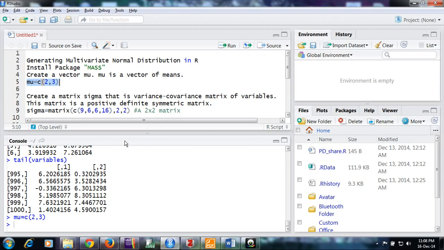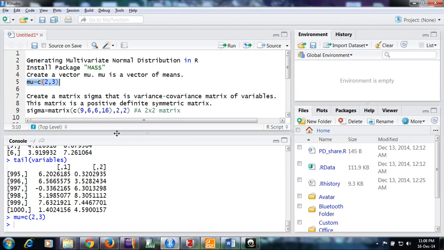So the answer is, when we work in finance and economics, sometimes we work for different markets or different places at the same time. Suppose like spot market and futures market. If we try to simulate returns for both the markets at a time with certain correlation, variance, covariance, then we are required to generate a multivariate normal distribution for simulation purposes.